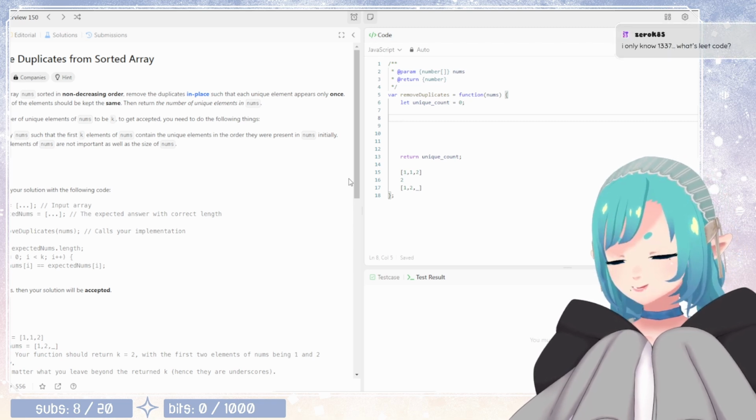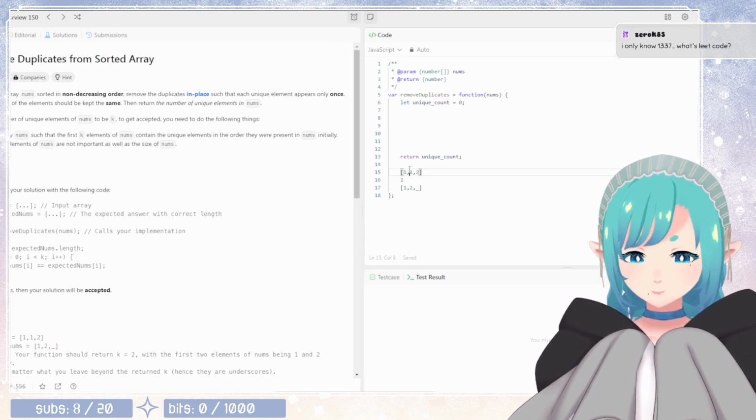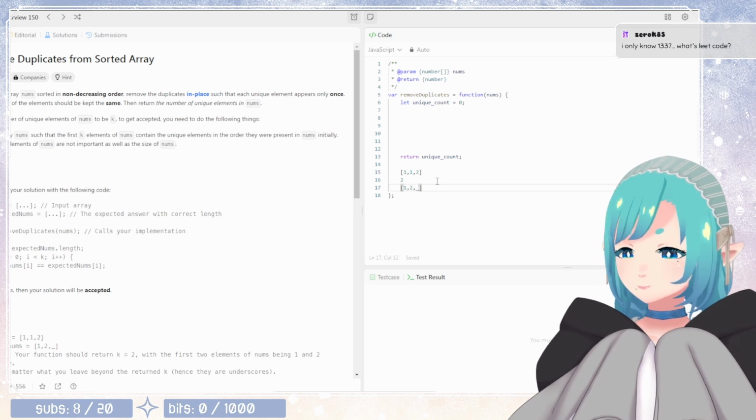Okay, so what's LeetCode? Yeah, so we know that if there's a duplicate, because it's sorted,